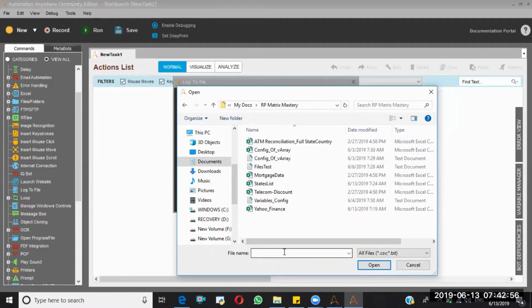Here I'm creating log2 file dot txt. Okay, same.